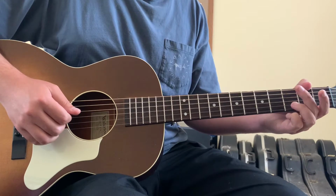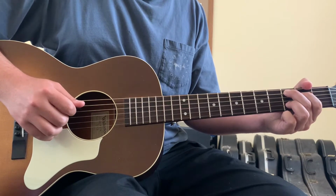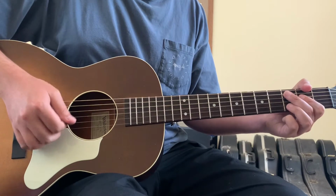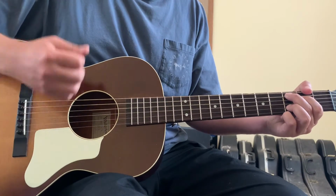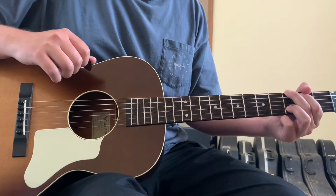Your second finger will go down on the 5-string, 3rd fret, and your 1st finger will go down on the 4-string, 2nd fret. And you're going to strum from the 5-string to the 2-string. Big kind of hit down, and then you're going to strum down against kind of a mute. So fret the notes and then hit down against a mute, and then your strum up is going to be